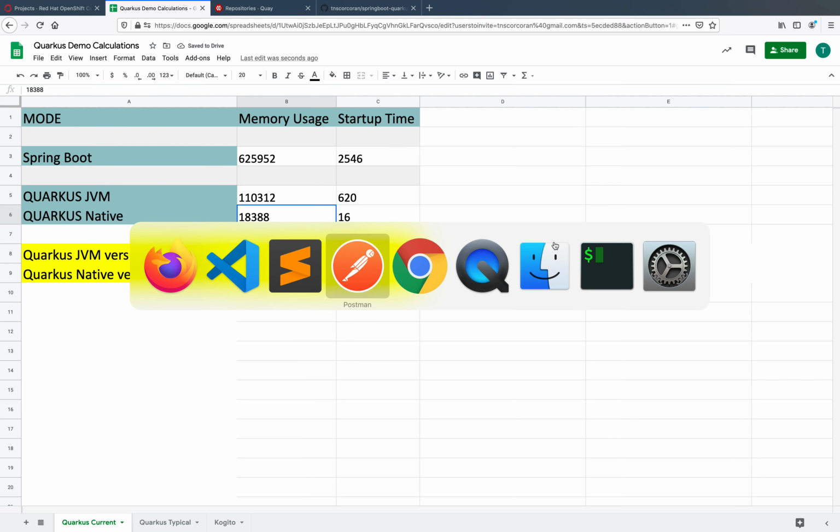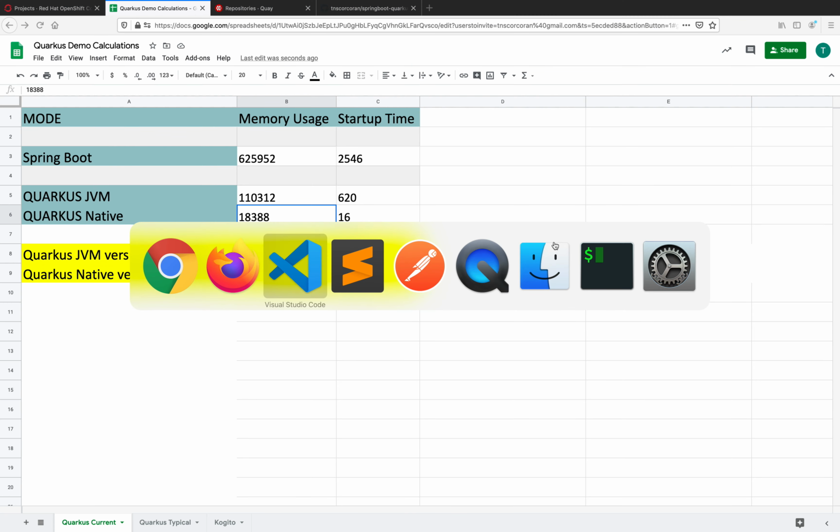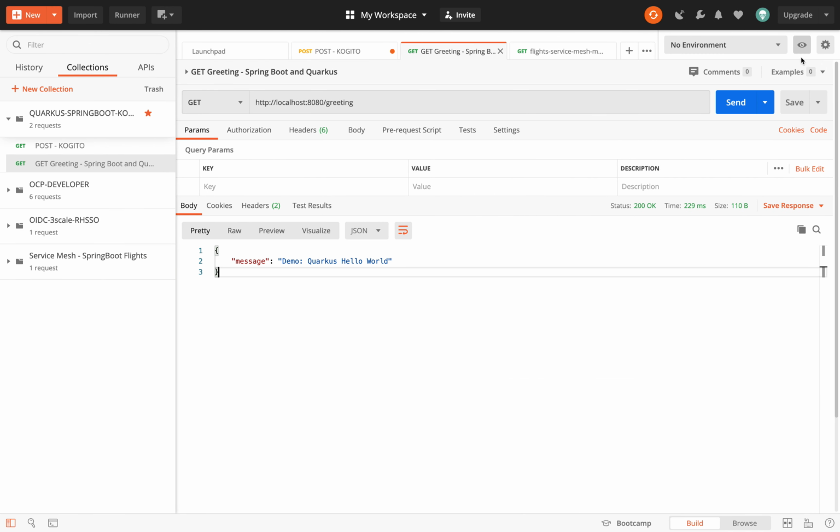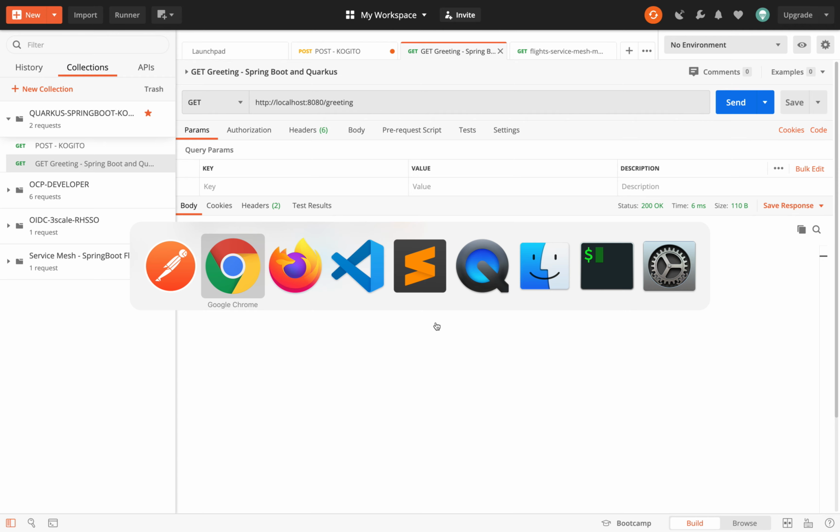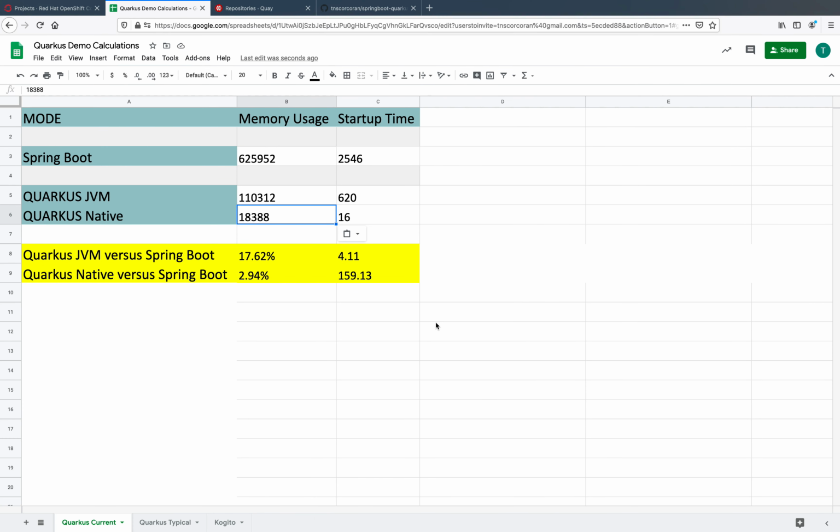Final thing before we do our analysis is just make sure that we have a running application, and we do. Still Quarkus hello world. So let's go up and look at the values that we've just recorded. So our baseline, Spring Boot, startup in 2.5 seconds. In JVM 620 and in native 16 milliseconds. So Quarkus is 4 times faster in startup than Spring Boot, and Quarkus native is about 160 times faster in